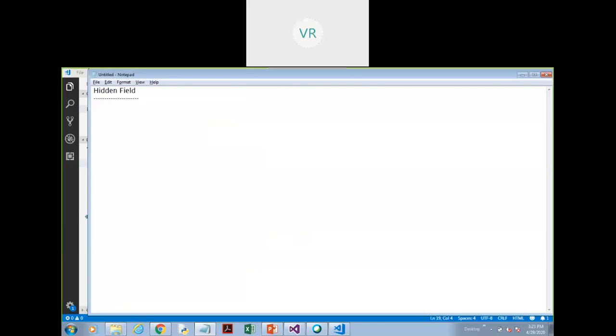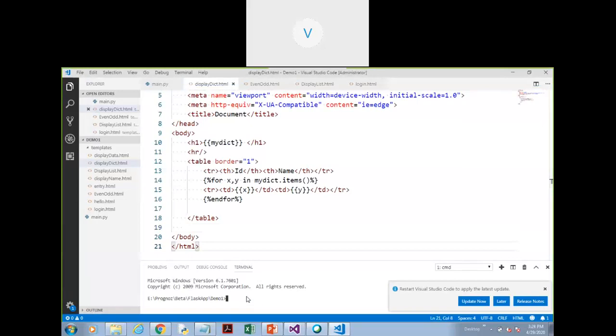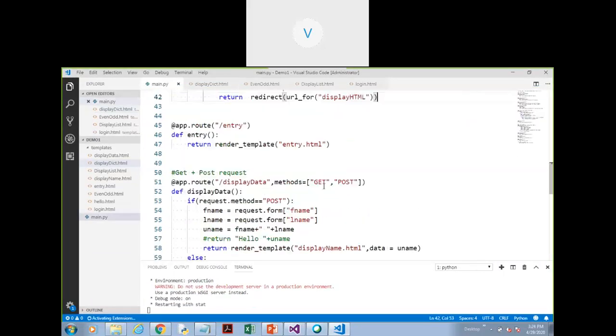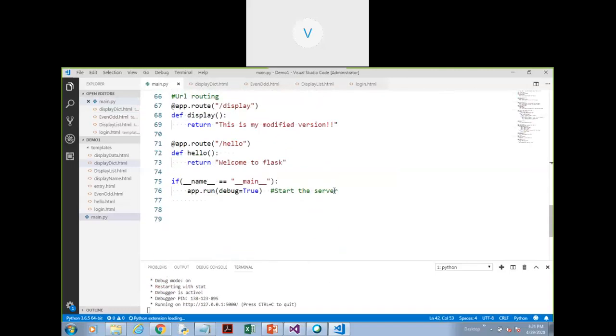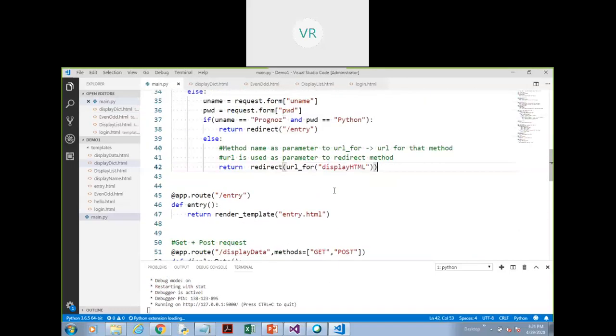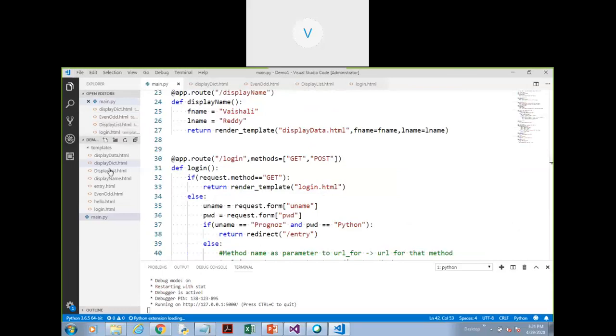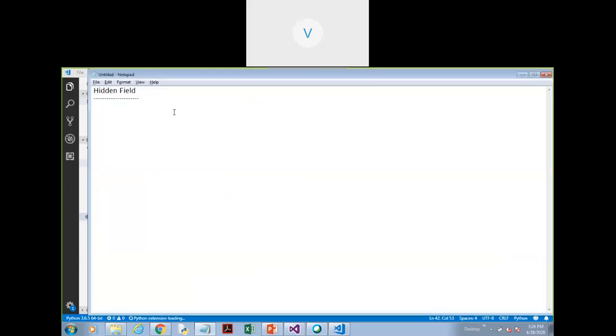See, I told you earlier, one minute, I'll just run what we had done in the previous session, python main.py. In the previous session we had discussed so many things on this. Display dict and all those things we had seen.